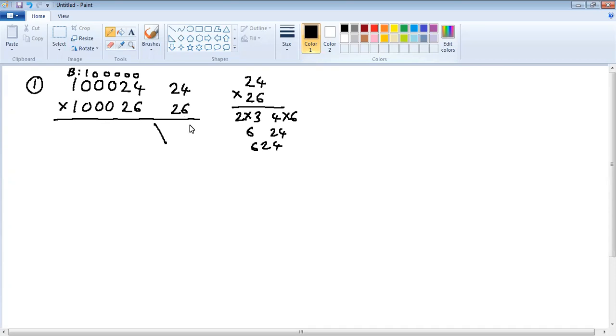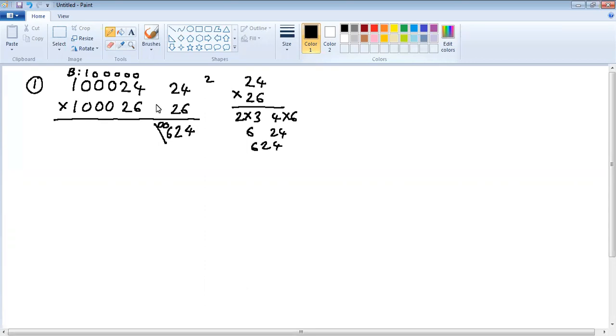4 into 6, 24. 4 carry 2. 2 into 6, 12. 12 plus 8, 20. 20 plus 2, 22. So 2 again, carry 2. 2 into 2, 4, plus carry 2, 6. So you can easily get it through crisscross if you don't know this. This is not included in part 2. It is there in part 1 as well as in part 3, but in part 2 it is not included. Because there are 5 zeros, whereas you are getting 3 digits here, you have to put 2 zeros. This is a very, very important part: the number of digits on the right hand side should be equal to the number of zeros in the base.